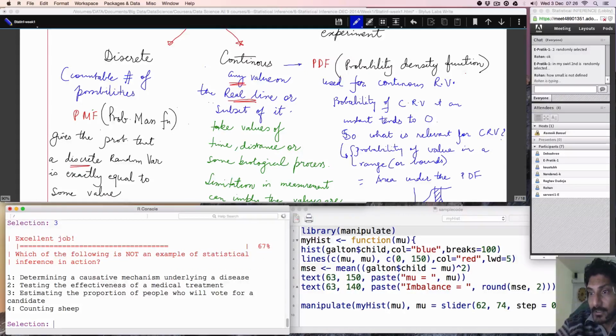Contaminated data. No, no, there's a fourth option also. Counting sheep. Okay. Oh no, no, that's another one now. All right. So it says, which of the following is not an example of SI in action? Determining a causative mechanism underlying a disease, testing the effectiveness of a medical treatment, estimating the proportion of people who will vote for a candidate, counting sheep. Okay. So this one is obvious, right? Again, but if you were to actually,